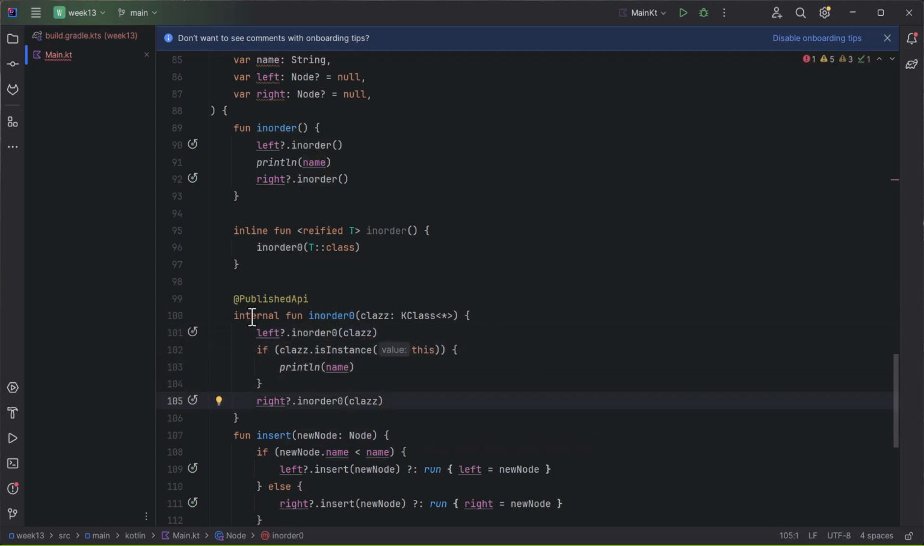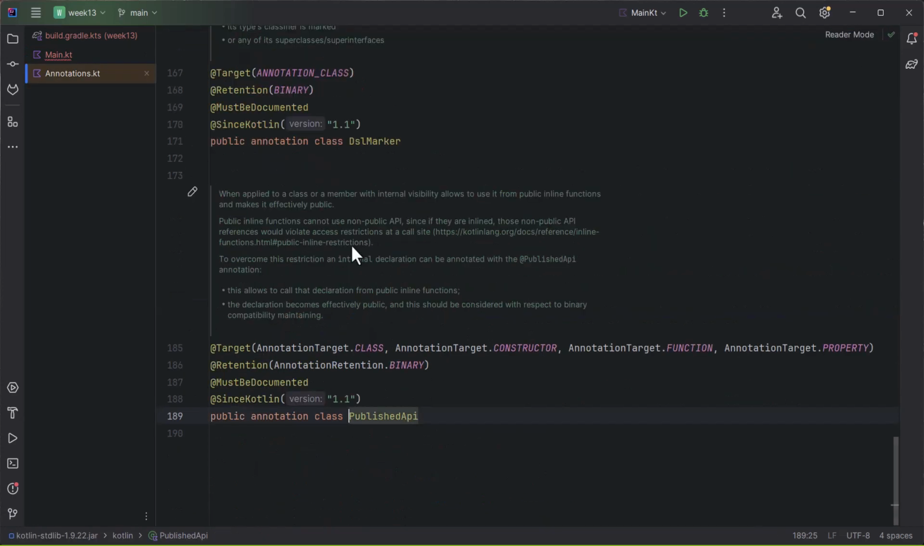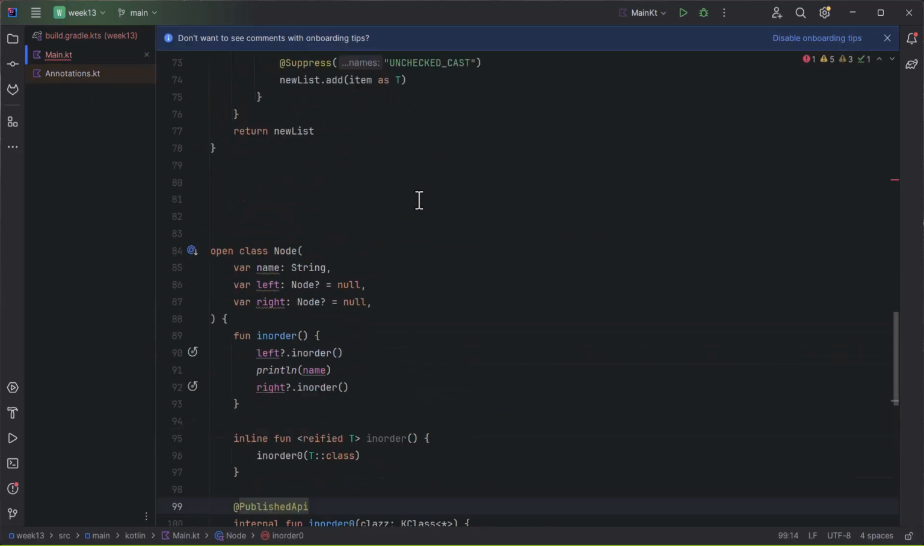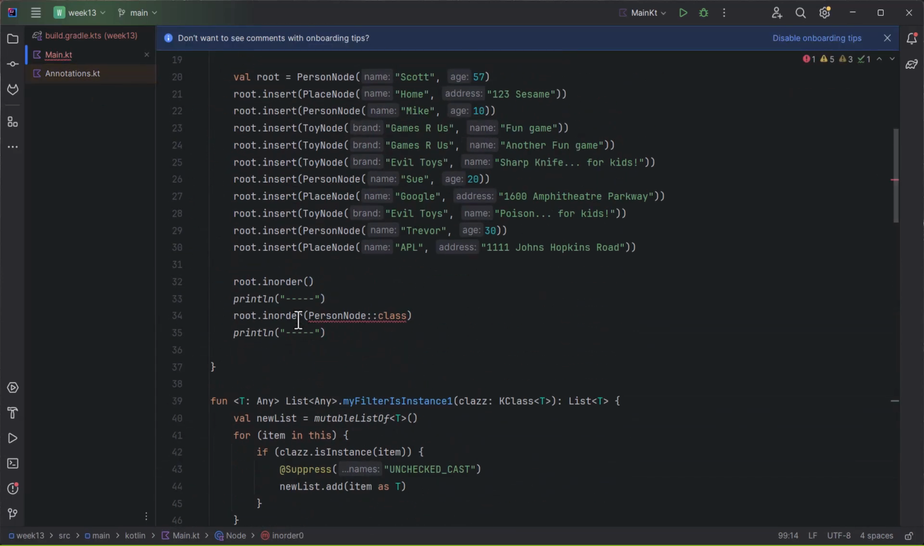If we had kept this public, we wouldn't need to worry about this, but what published API does is it says only let inline functions call it. I believe that was how it's worded. Let me see. Yeah, it allows you to use it from public inline functions, which effectively makes it public, but it hides it from people directly calling it. So if we look up here, we'll see that we can't directly call it anymore